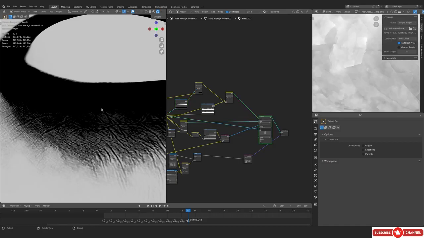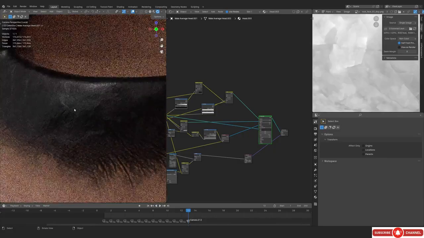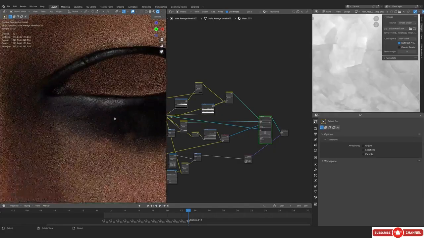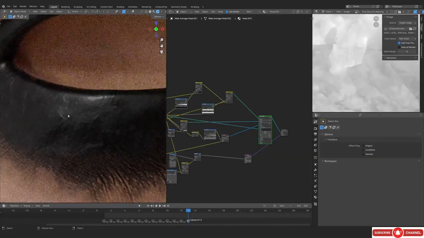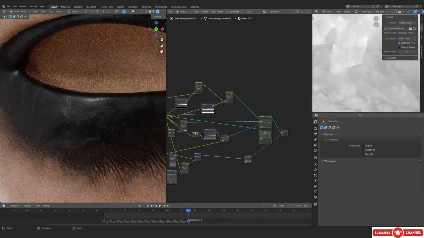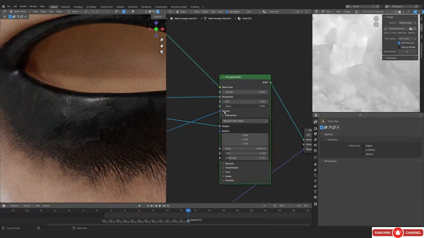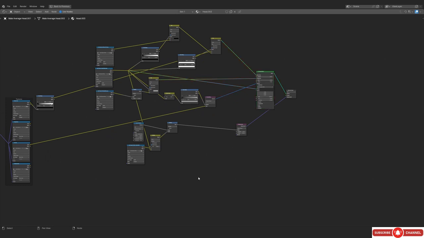Alright, so now we are looking at the color, and I felt that the color was a little bit too bright. So I've just increased the contrast and made the color a little bit darker. And these skin details that we are getting, not the skin details, but the surface details that we are getting, are, I think, pretty awesome. So now if you want to, you can actually just use the same setup with the roughness map as well. But I don't think that you really need to do it.